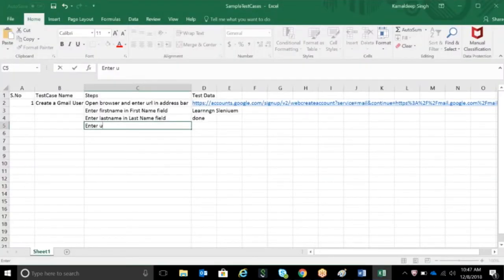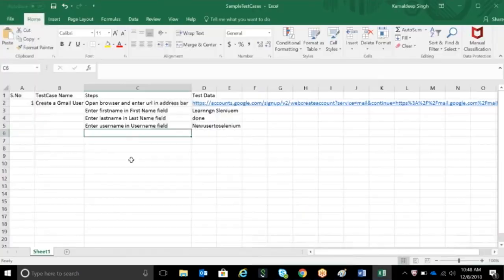Then it would be enter username in username field, new user to Selenium. Okay.